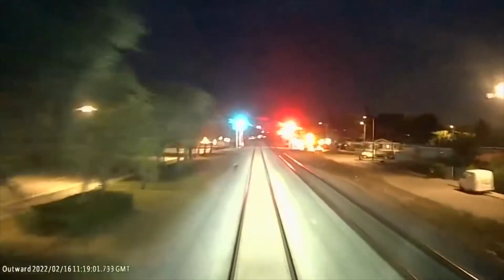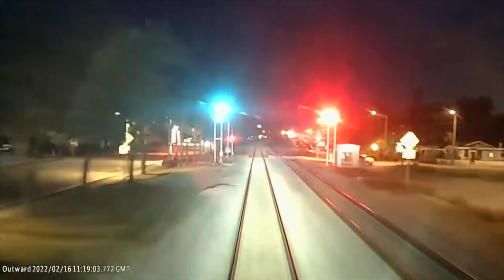Next, you want to look at the train's computer to see what was registered there as far as the horn being blown or the speed of the train. Next, you'd want to look at the video. If the train had a camera, you'd want to look at that video to see how fast the train was going, to see when the brakes were applied, and what the conductor saw or should have seen right before the